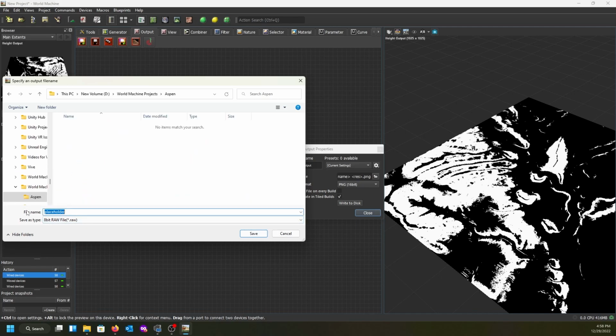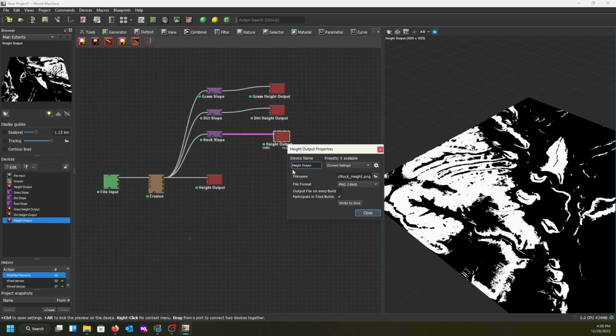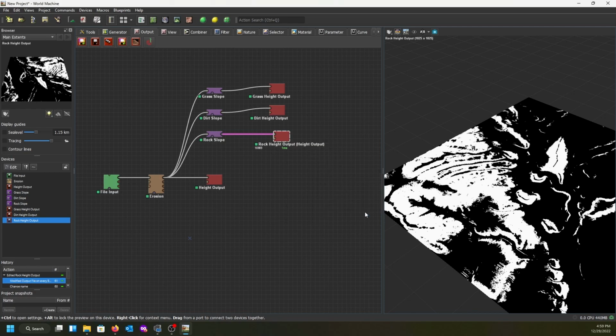Okay, we're going to call this rock height. Output it as a PNG. Save that. Change this name to rock. And output every time we build it. Okay. And we're going to close it. All right, so now